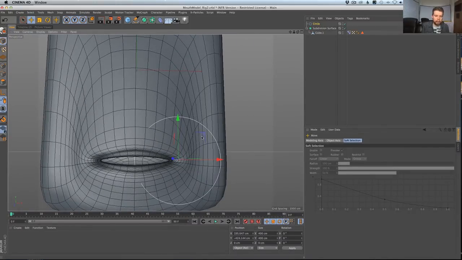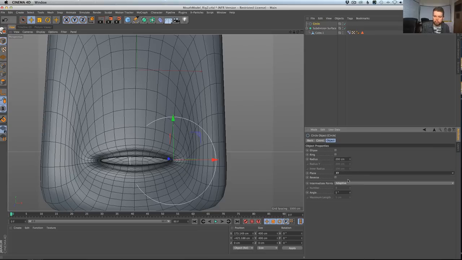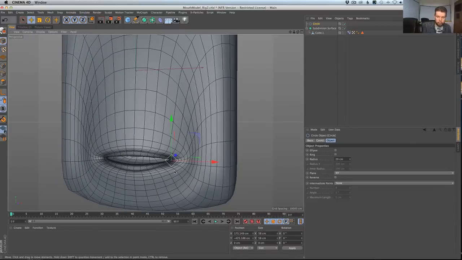So what I'm going to do is take the circle, and I would even probably set it to none, so it turns into a nice little diamond, and I put it right here. So this is going to become the mouth control. This is very important. Right away, I'm going to call it left corner. And what I'm right away going to do is copy that name.